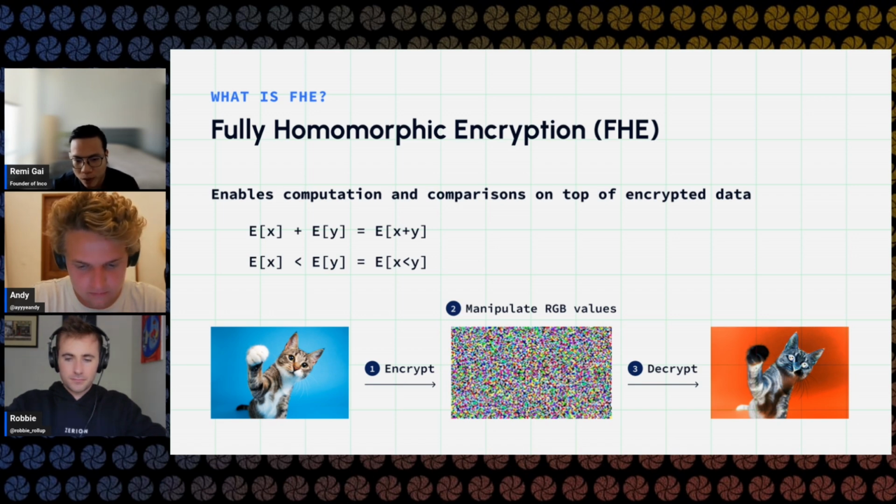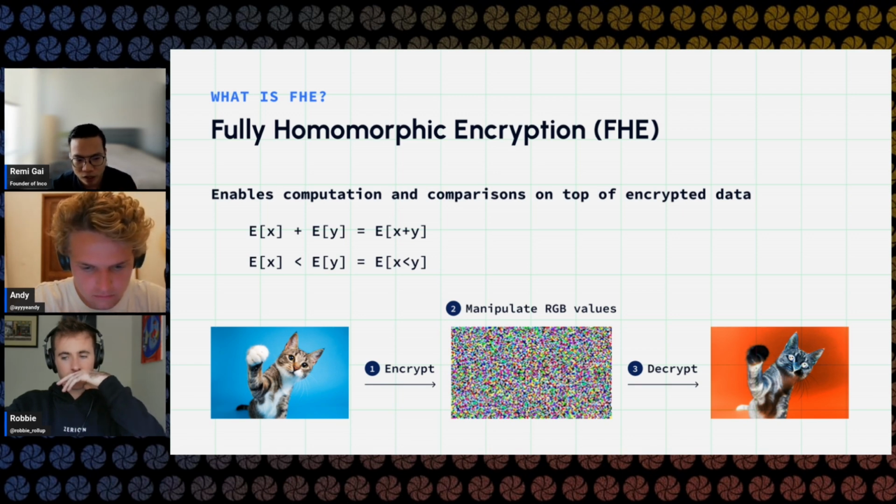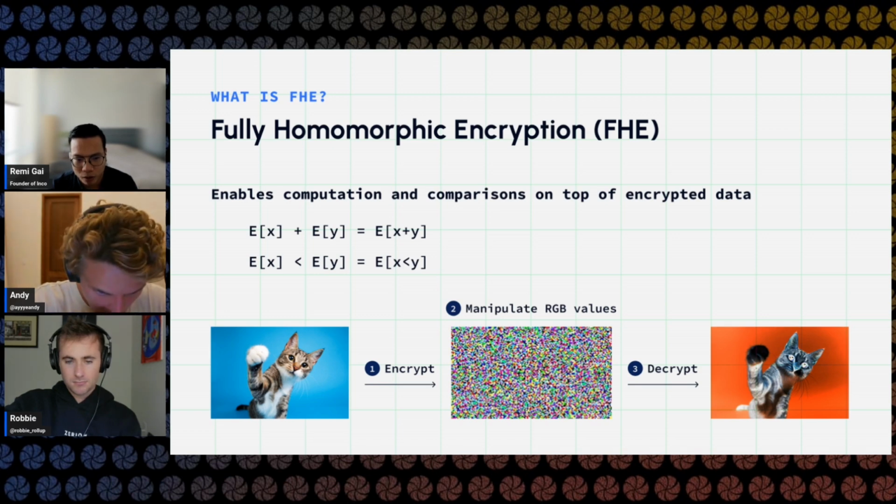You're still able to manipulate every single pixel because ultimately they are RGB values, right? They're just integers. You can still add, divide, multiply on top of these individual pixels without seeing what it is. And by the time you decrypt, now you have a magical filter. So this is really what FHE does at the core, the ability for you to do compute on top of encrypted data.